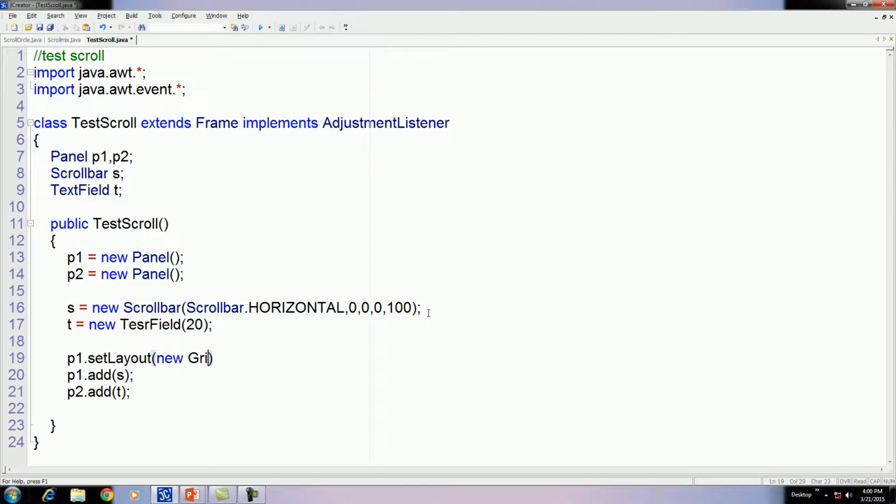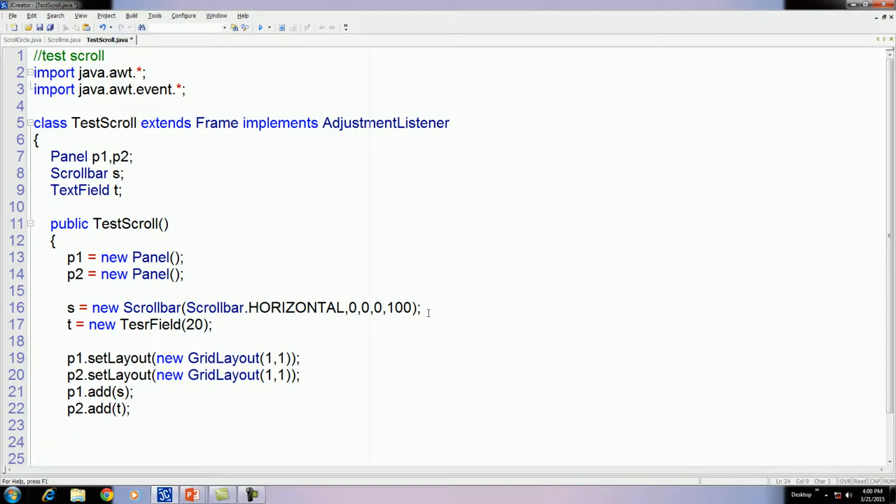Suppose here I take a grid layout, one row and one column. Same for P2 also. Now add S to P1 and T to P2.